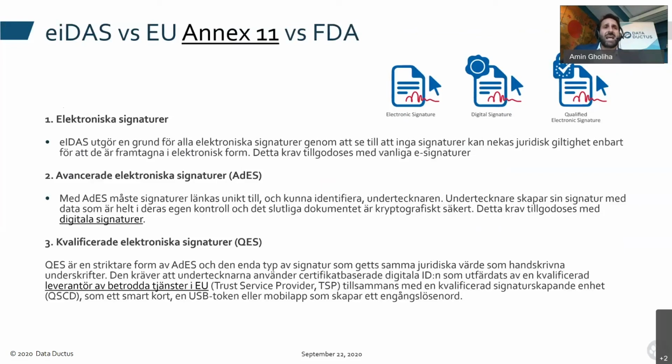And then they define advanced electronic signature. With advanced electronic signature, you use cryptography to sign data. And once this is done, this means even an administrator within your organization cannot alter your signature. They cannot go and manipulate it because you're using cryptographic security here. And this is also commonly PKI technology that is used to do that. And many systems allow you to have this kind of signature,